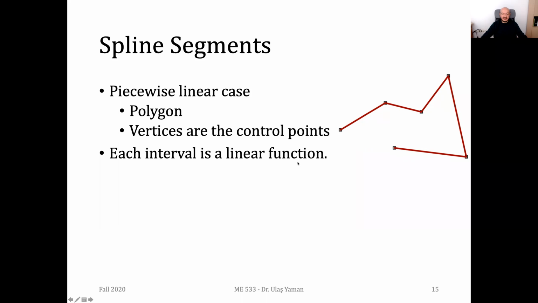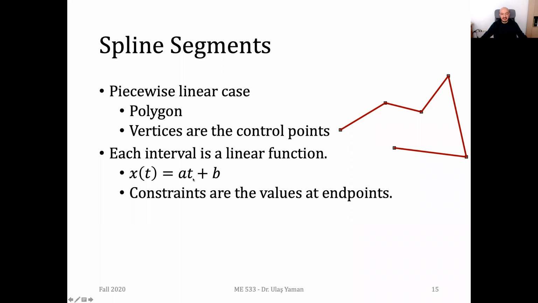And obviously, in each segment, we have a linear function. And you can represent it with such a simple equation. And the constraints are obviously at the endpoints, at the start and end points. By using them, you can represent it in a different form. So if this is the starting point, which is x0, the endpoint is x1. So if you put t equal to 0 in this equation, then you will see that the starting point is equal to